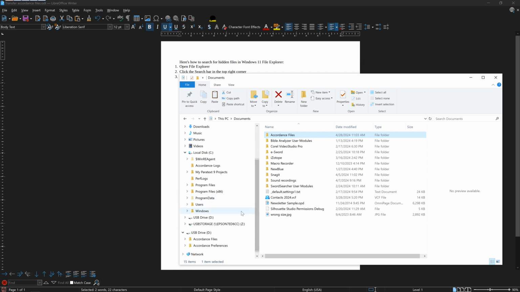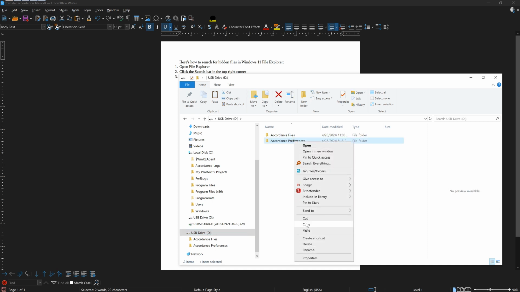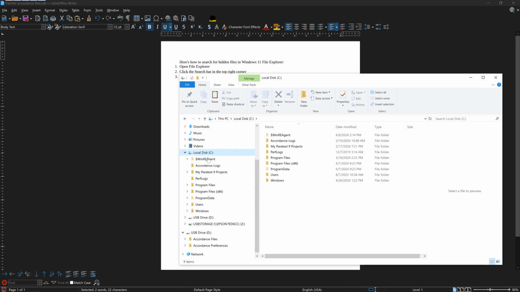And there's one other thing we need to do, so we need to go to our flash drive, and we just took the Accordance files. Now I do the Accordance Preferences, and we'll take that and copy it. So I right clicked on it, and I copied it. And now I need to track down where it's located in our new computer. We'll paste it, and it'll be C